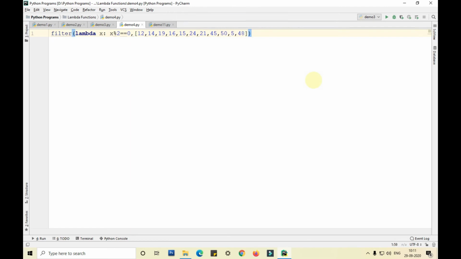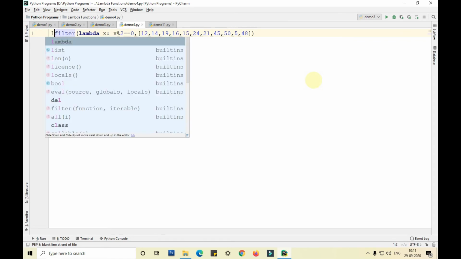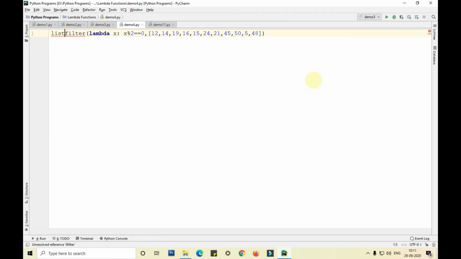Now since the filter object will also return a map object, we'll convert it into a list, assign it to a list called L1, and print that L1.